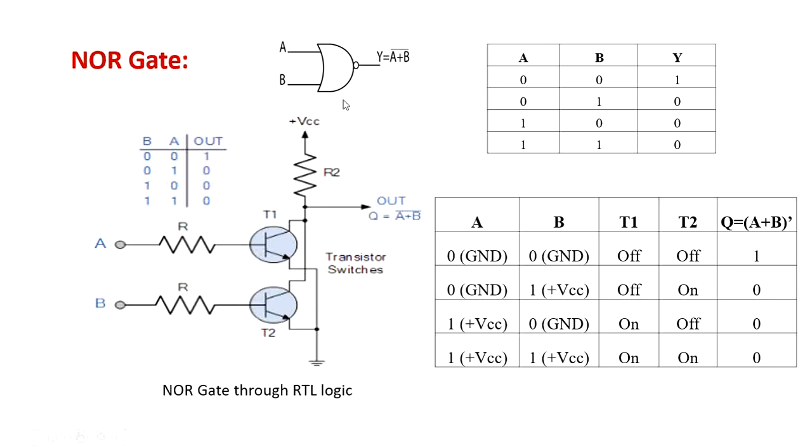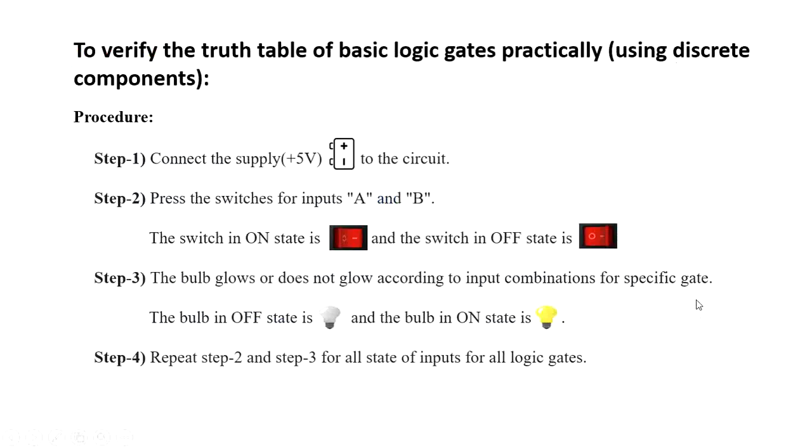Now coming to the NOR gate, you can see this circuit. The NOR gate is OR followed by NOT. So for these two transistors, if any one of these is on, that will conduct and this out will go to ground. Here we are connecting the collector directly to this out, not cascading these two. So whenever both are off, this will go to VCC. Otherwise, when any one of these is on, this out will be equal to ground, like this.